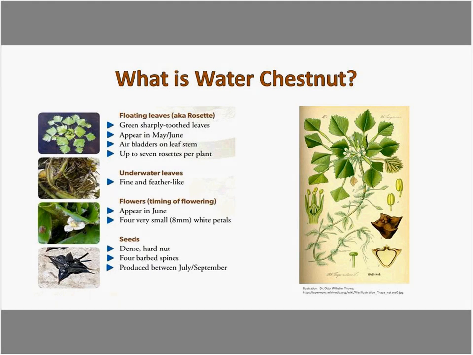Well, first off, we'll start with identifying the plant. So what is water chestnut? It is a floating annual leaf plant. The floating leaves are rosettes that go up from the stem of the plant, appearing in May and June. They're later this year, just with the high water that we had in 2017. As they're growing to the surface,